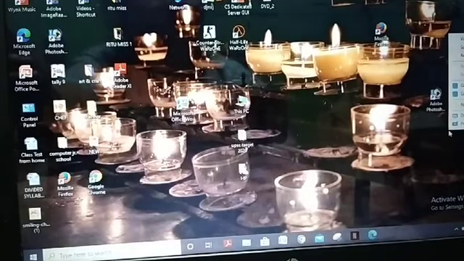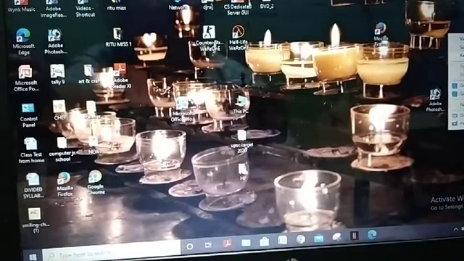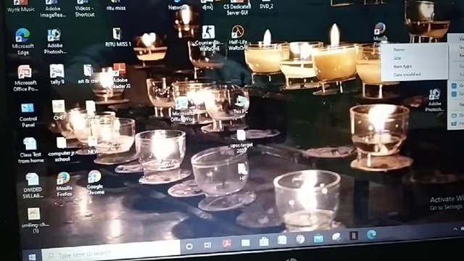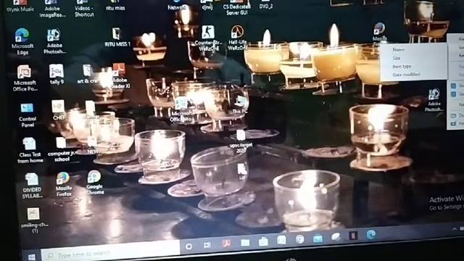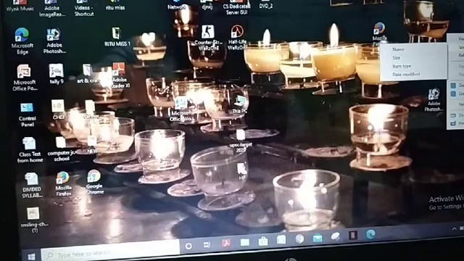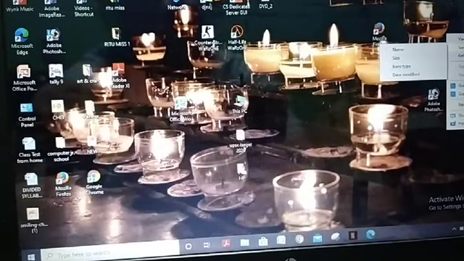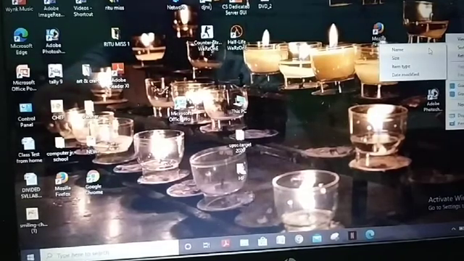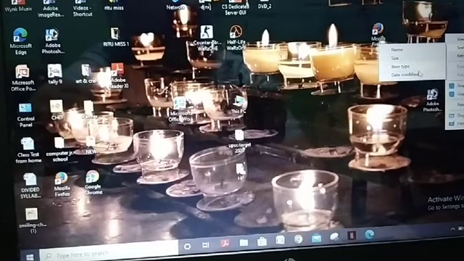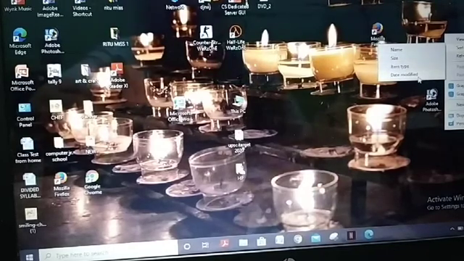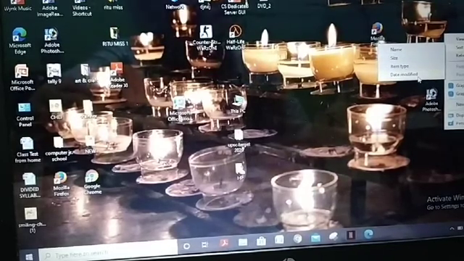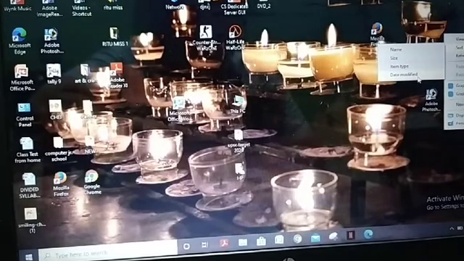click on the desktop, there is the option sort by. How do you want to arrange your icons? According to name, according to the size of the file, according to item type, or according to date modified. So you have four options.